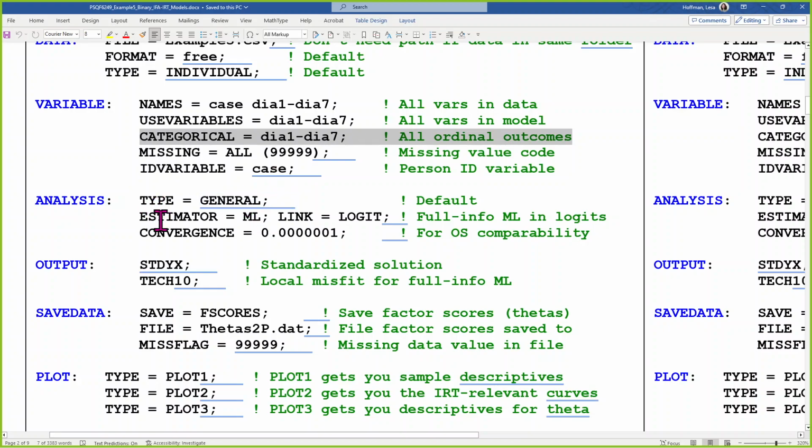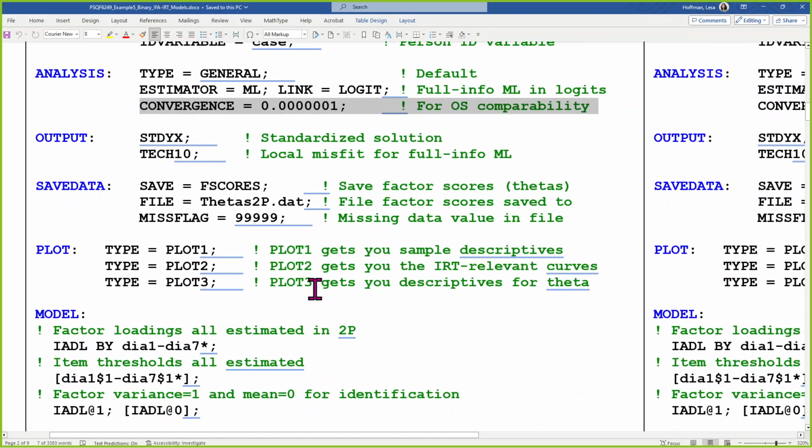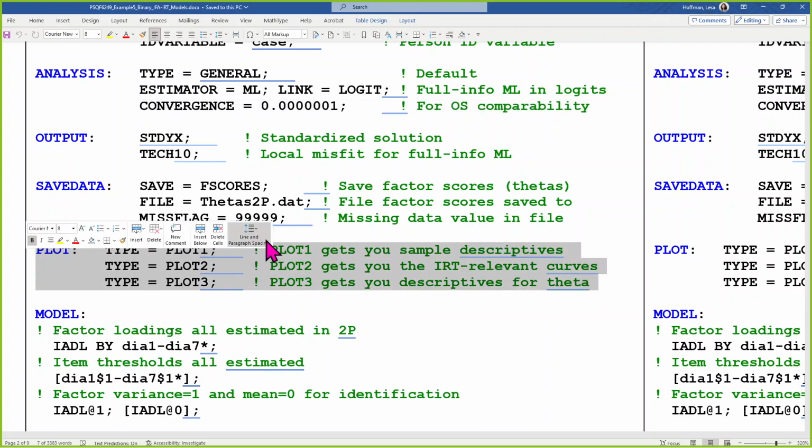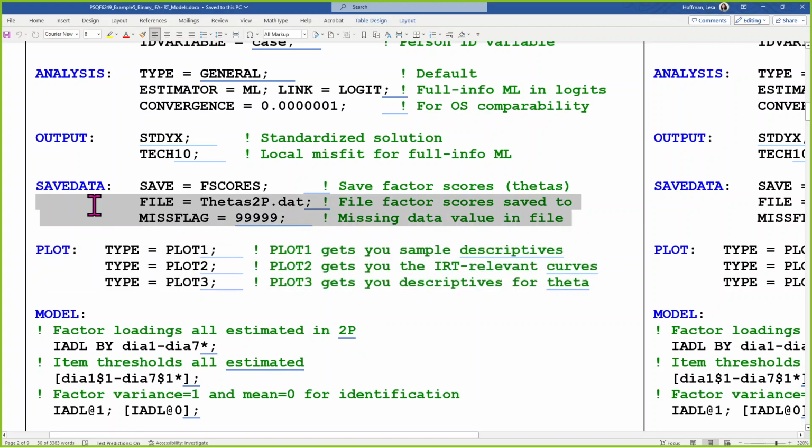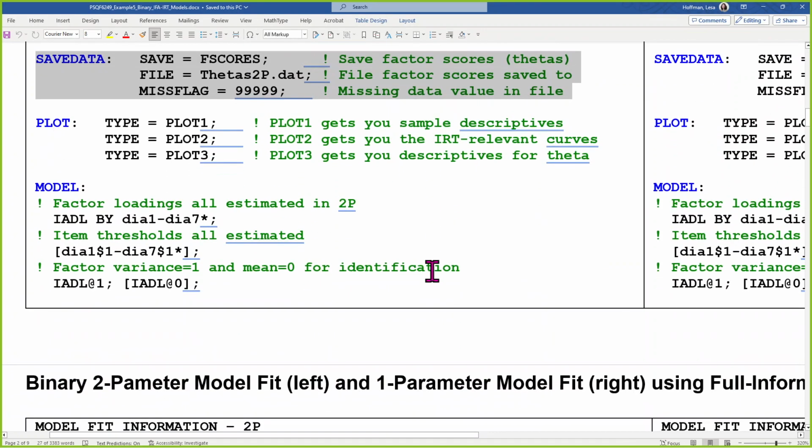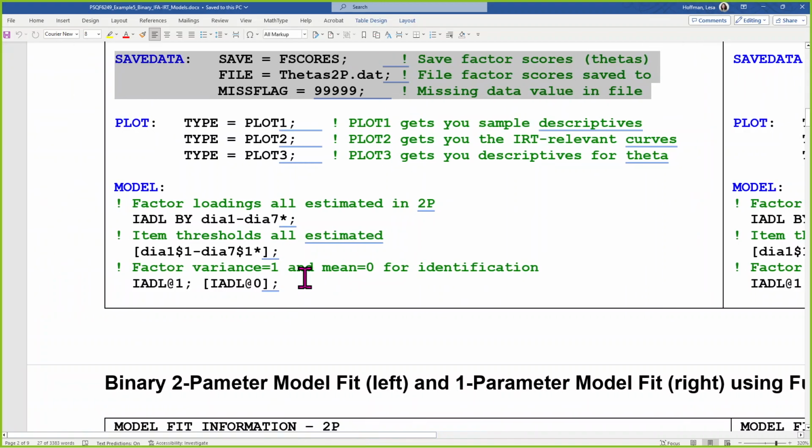Otherwise, I'm back to regular flavor maximum likelihood. I'm asking for a logit link specifically, which I believe is the default, and tightening the convergence criteria so that we'll get more similar results across different versions of M+. I'm also asking for some additional plot information that will be useful in understanding how the models work, as well as thetas, so predicted factor scores can be saved so that you can do descriptive kinds of things with them if you wish. And then the new part of the model